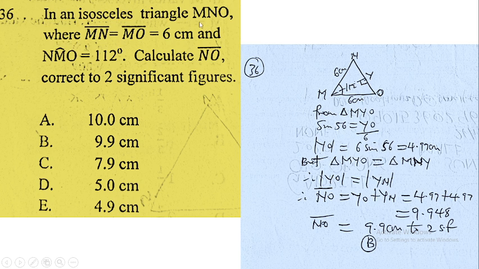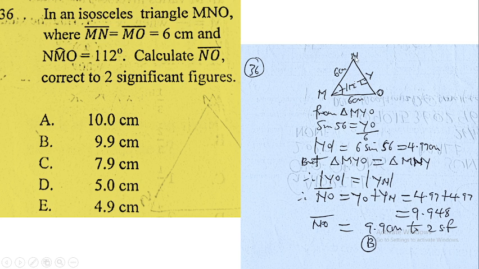In an isosceles triangle MNO, where line MN is equal to line MO equal to 6 centimeter, and the angle NMO is equal to 112 degrees. Calculate NO correct to two significant figure. So if that should be the case now, this diagram might not be too perfect, but I will try to